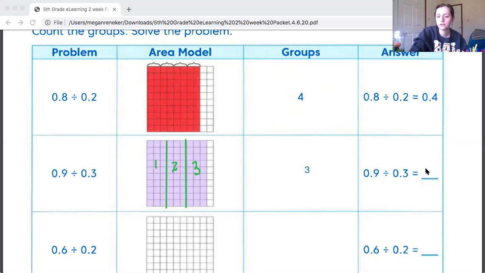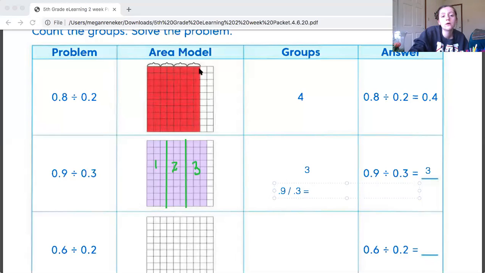So I'm going to go ahead over here again and put my answer. My answer to problem number 2 is 3. It is just the same as if we were taking 9 divided by 3. So another way to think about that would be if you take 0.9 divided by 0.3,